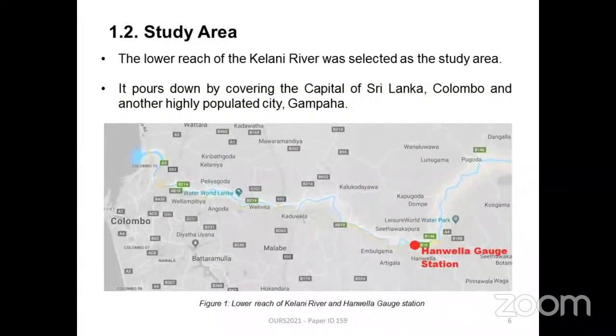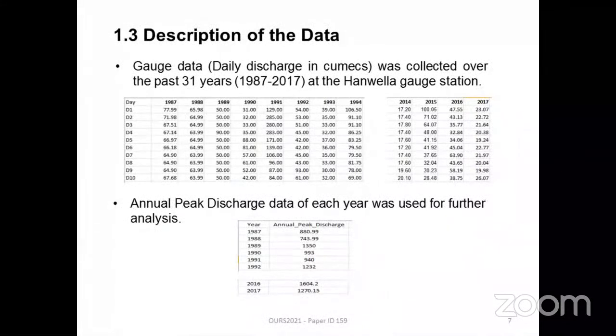In this study, the lower reach of Kalanni River was selected as the study area. It lies downstream, covering the Colombo district and the Gampaha district. This figure shows the lower reach of Kalanni River and the Hanwella Gauge Station. From the Hanwella Gauge Station, daily discharge data in cumecs was collected from the year 1987 to the year 2017. Cumecs means cubic meters per second. It is a unit of rate of flow of water. After collecting the data, annual peak discharge data